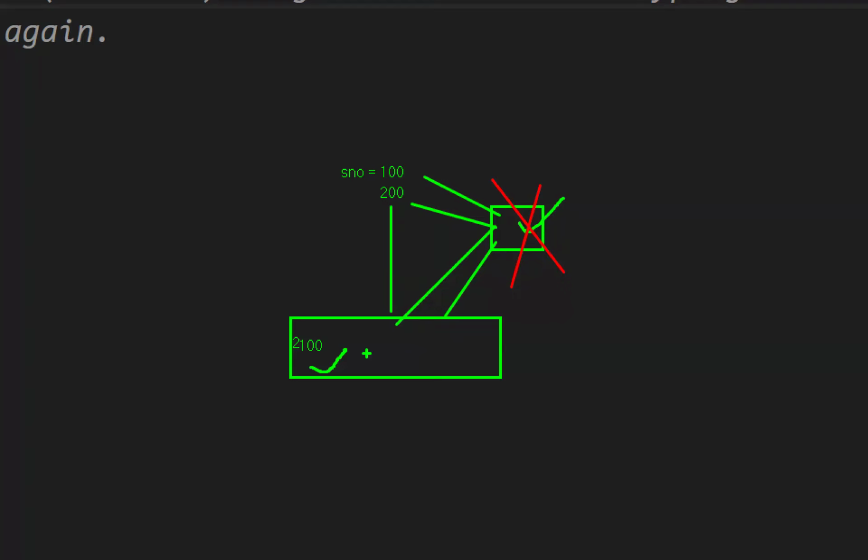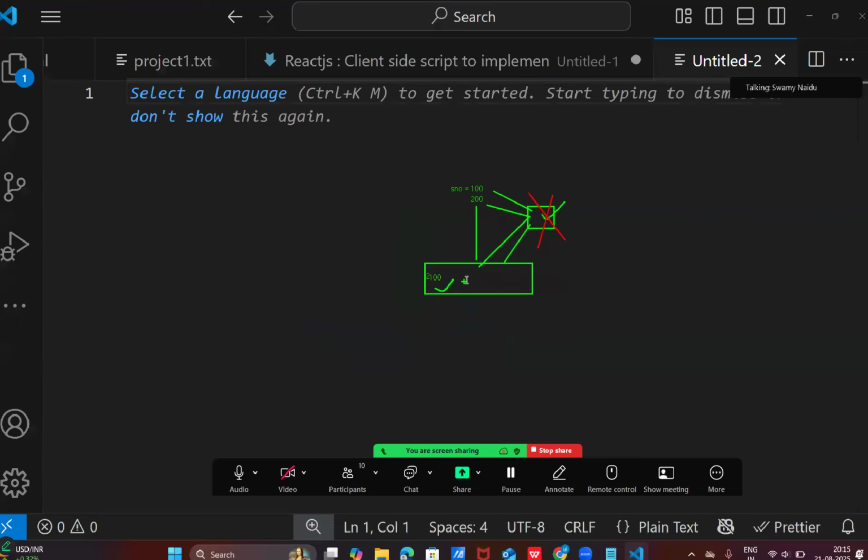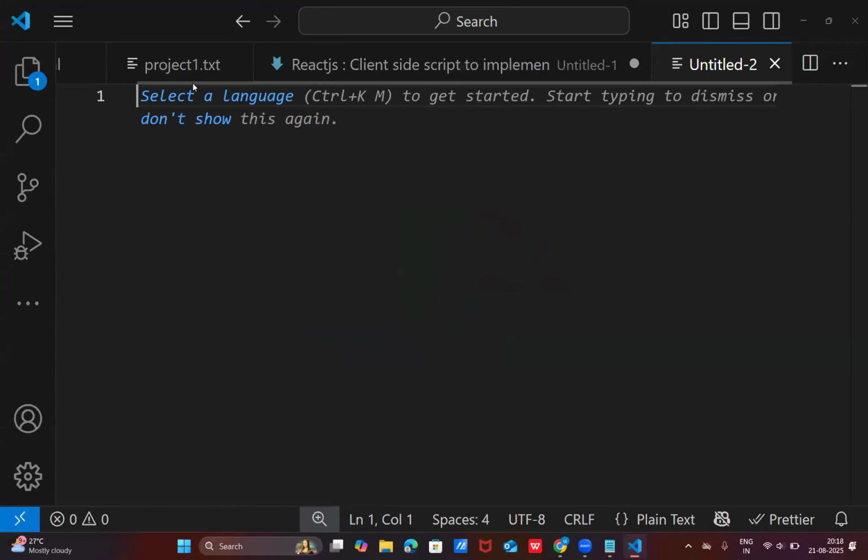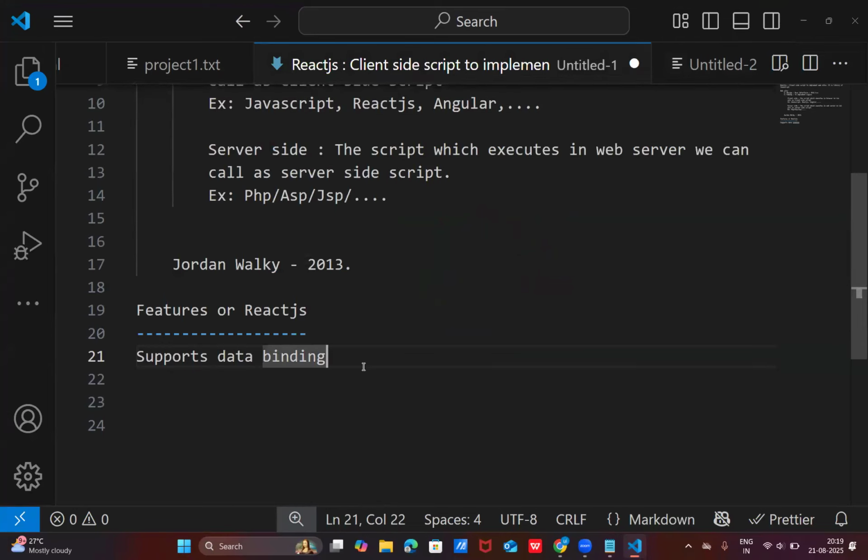So we have two types of data binding: one-way data binding and two-way data binding. What is one-way and what is two-way? Programmatically, we'll discuss that. Anyhow, the first point: yes, it supports data binding. Next one here,